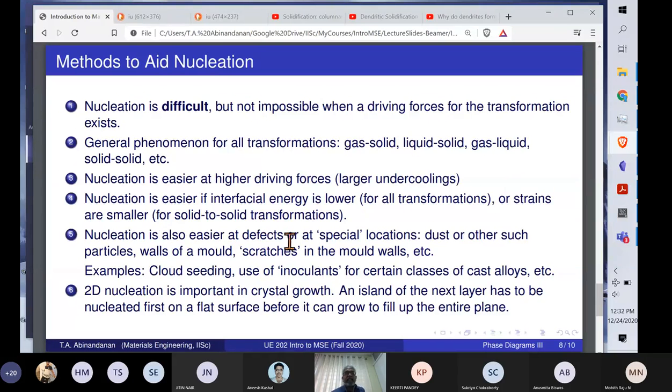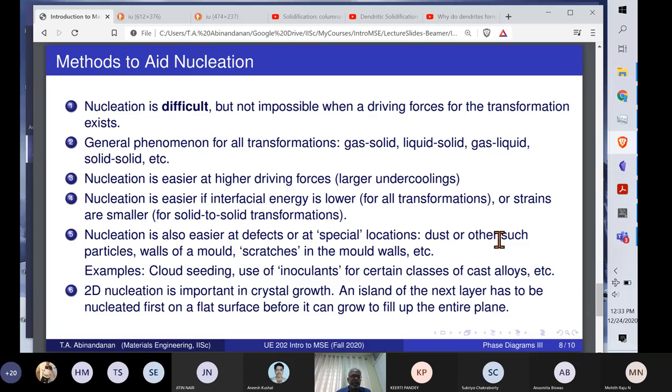Nucleation is also easier on defects or at special locations. And again, in the Veritasium video, he talks about the importance of dust. He has to ensure that the water is basically dust free. And this experiment also works much better if you start with distilled water with very little gas dissolved in it, and so on and so forth. So again, dust or other such particles provide easy nucleation sites,